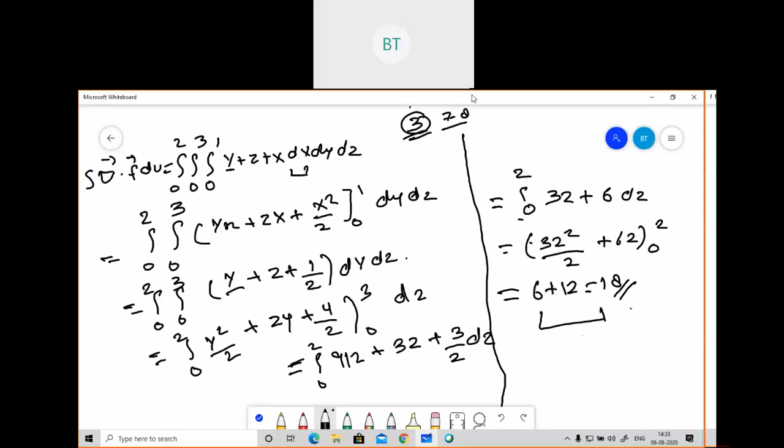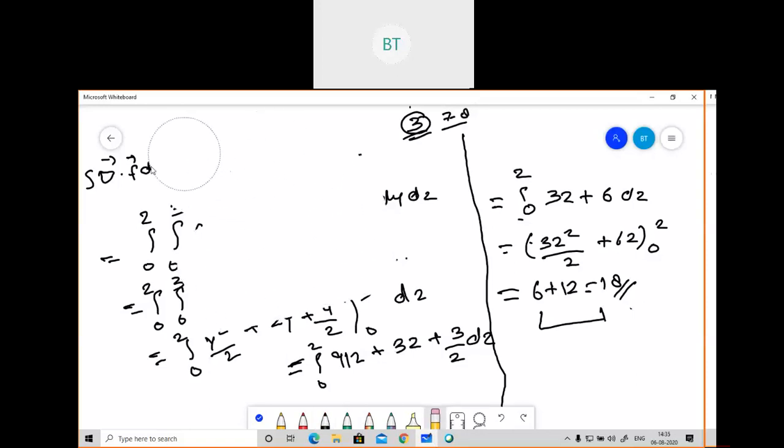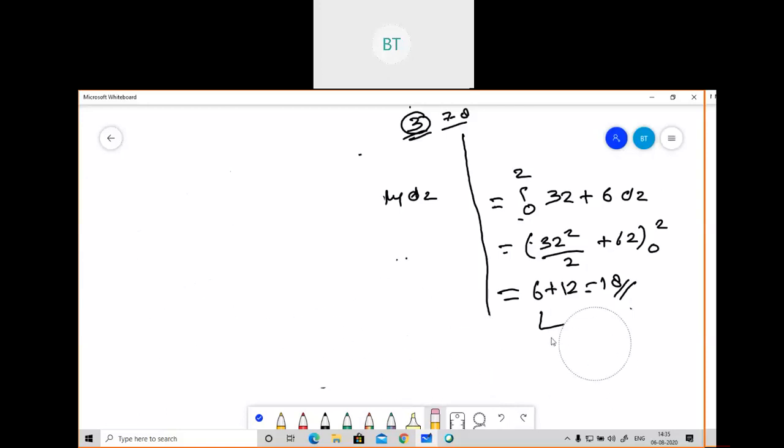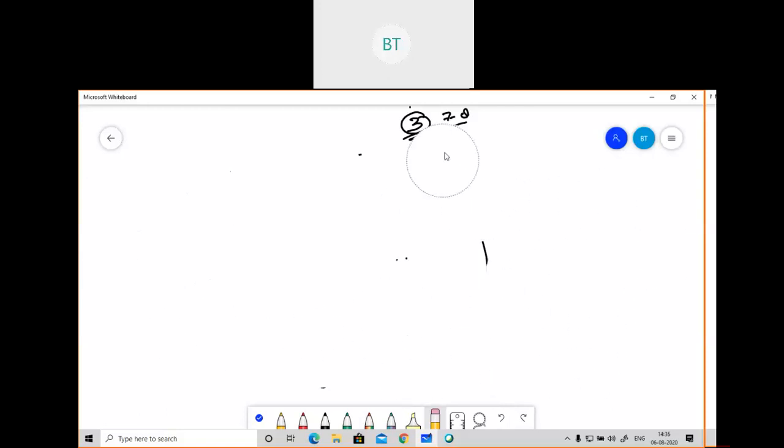So see, first part is over. First part is simple also. Whenever they ask you to calculate volume integration, you just need to apply just basic things in that problem, and you will find that. So see, now I'll go for the second part. The second part is a bit complicated, so you just need to be attentive. So see, the question was like that.